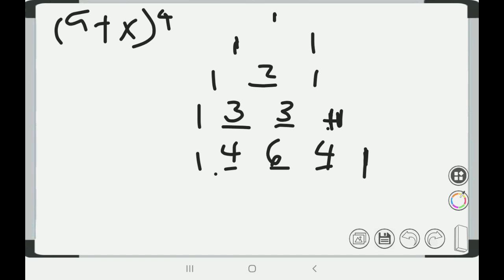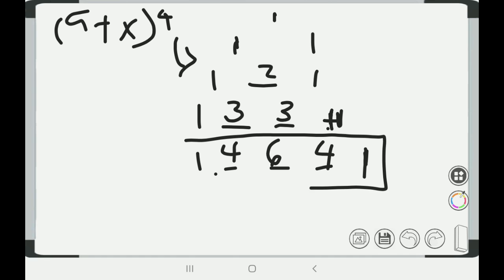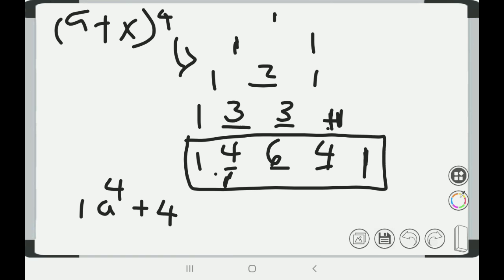So we can now substitute this Pascal triangle. So the last one we should have here, so it should be 1, which is 1 coefficient, a raised to 4, plus 4, this one, this is a 4, a raised to 3 but x raised to 1, plus